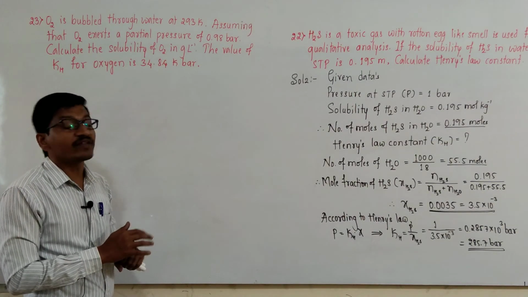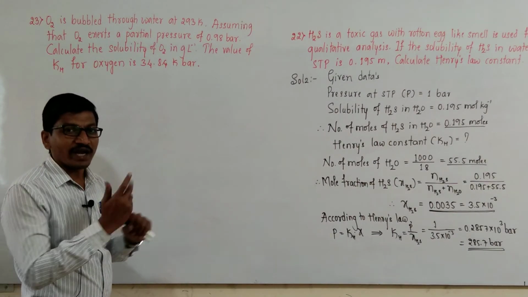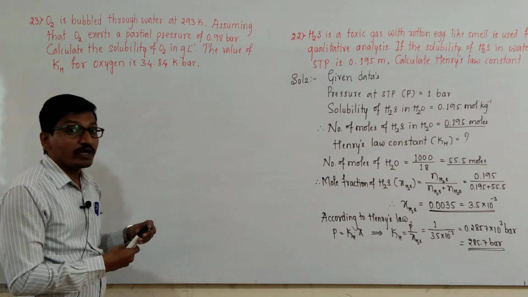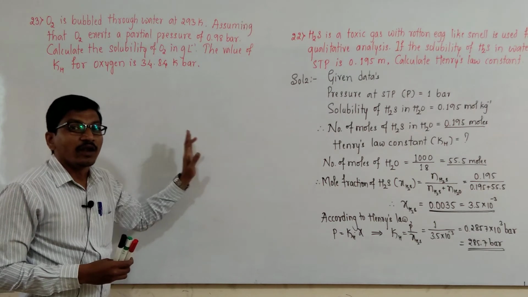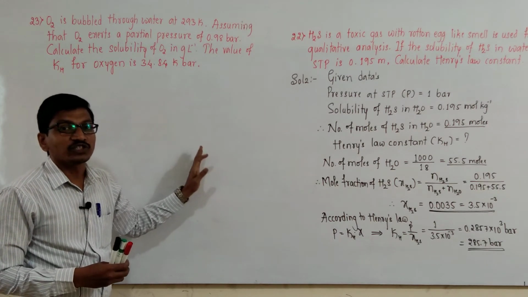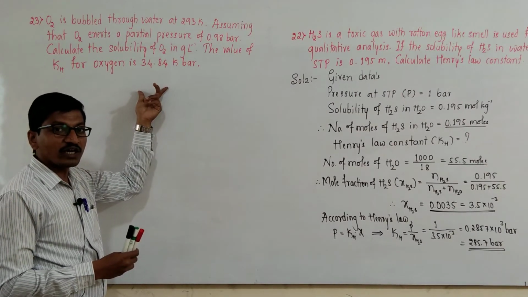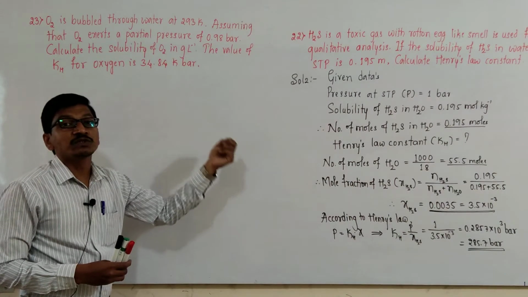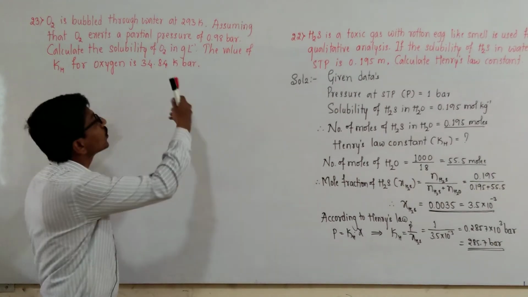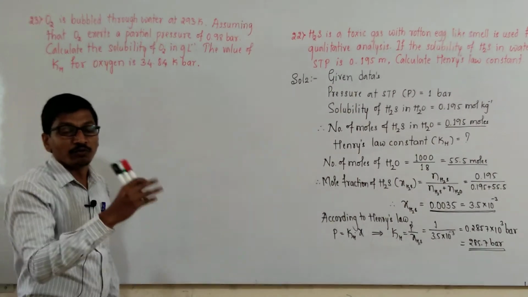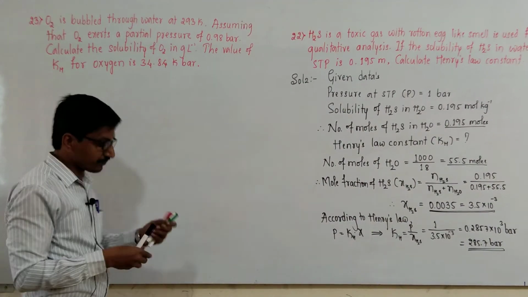To calculate solubility in gram per liter, we have to calculate molarity. To calculate molarity, we first calculate the mole fraction. Once the number of moles of oxygen is calculated, that is nothing but moles per liter. Moles per liter comes and that is converted into gram per liter, meaning we multiply the molar mass of oxygen to that answer. Okay, here